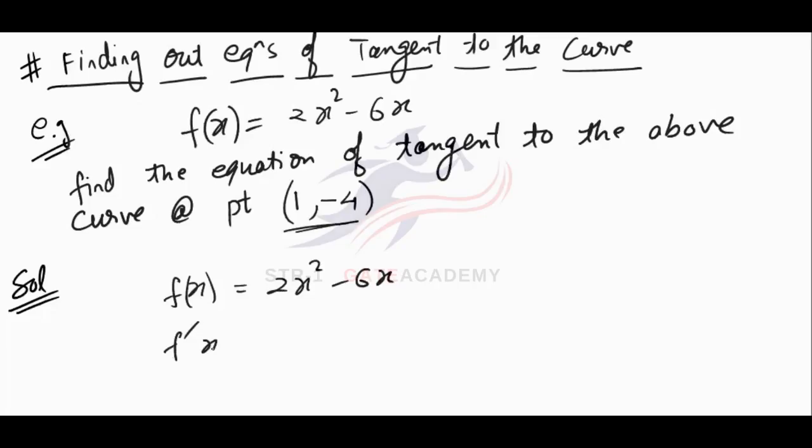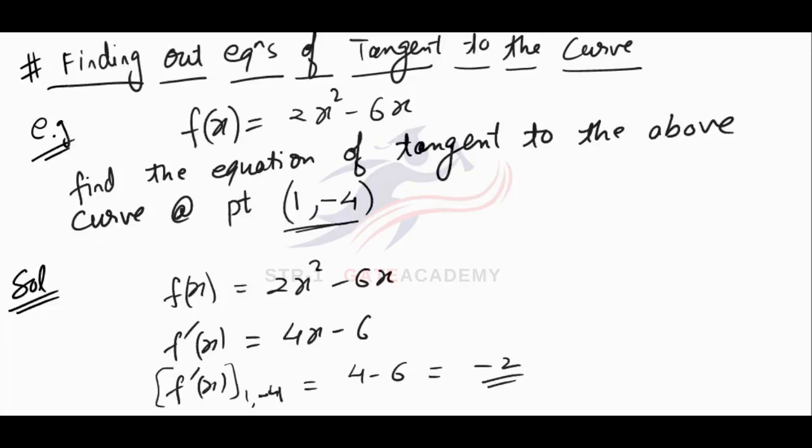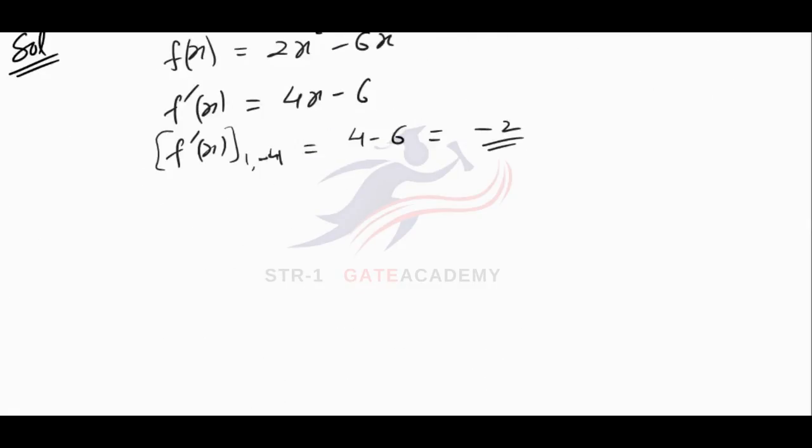So what is f dash x? It is 4x minus 6. And what is f dash x at the point (1, -4)? It will be nothing but 4 minus 6, that is minus 2. So you got the slope m. Now the equation of tangent